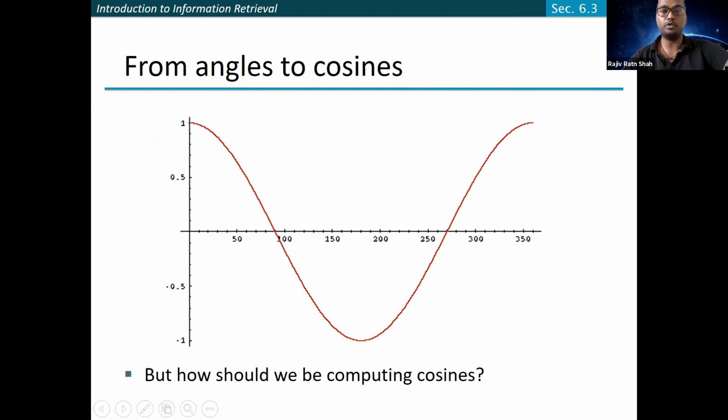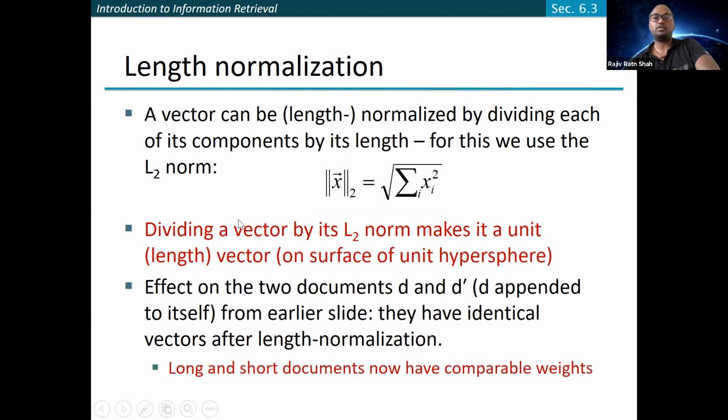So in a way, you can compute the proximity. One thing you can see here is that you need to process different vectors, which could be of different length. Given the same example, if you append document D to D again and make it D dash, the length will be different, and then it will be difficult to compute the exact proximity.